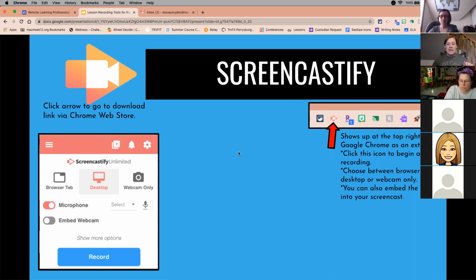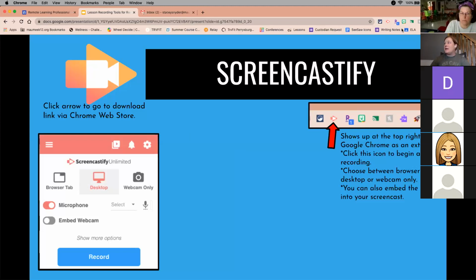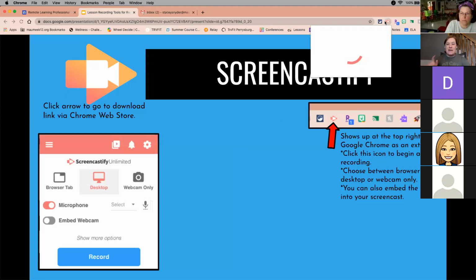Like, I have everything laid out that I want. I'll have my slides up, I'll have my doc cam ready, and then I just switch between whatever view I need to switch. So this is what comes up when you click on it. If I click on Screencastify right now,